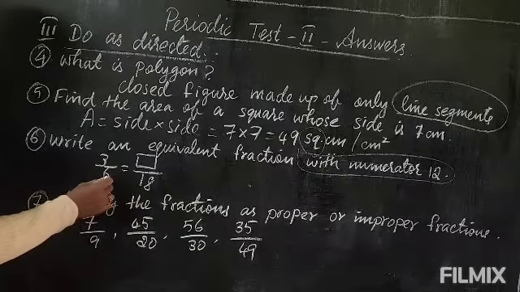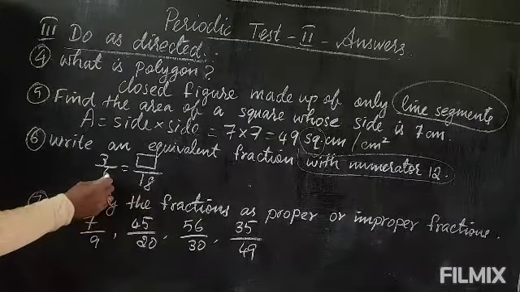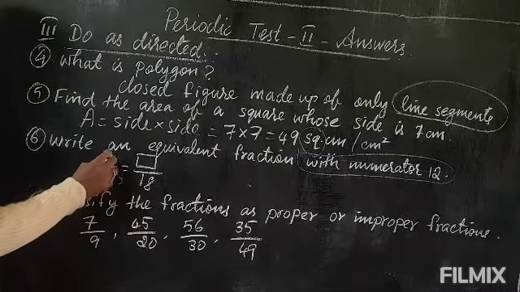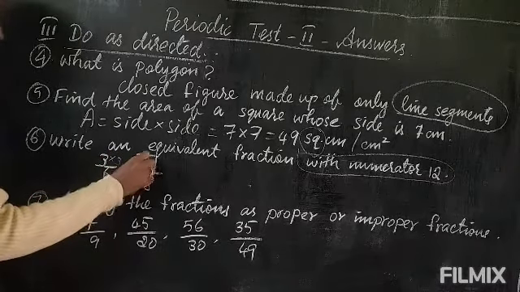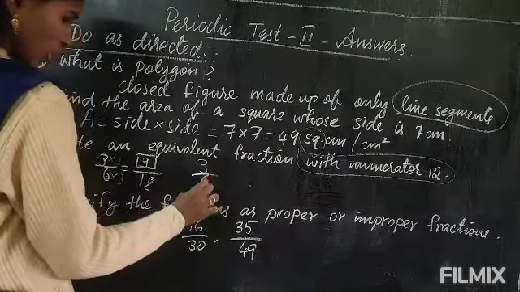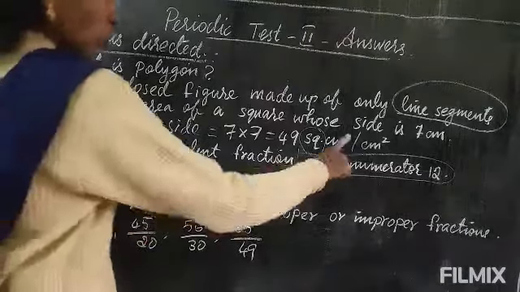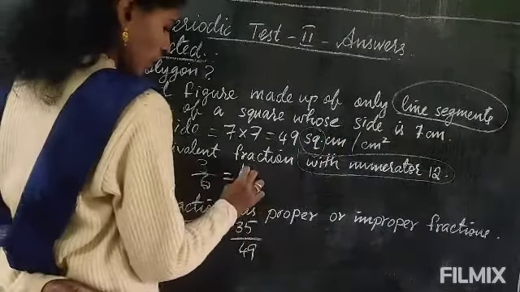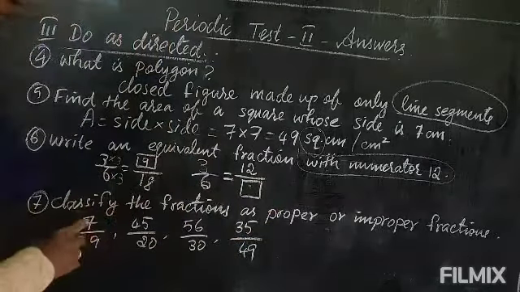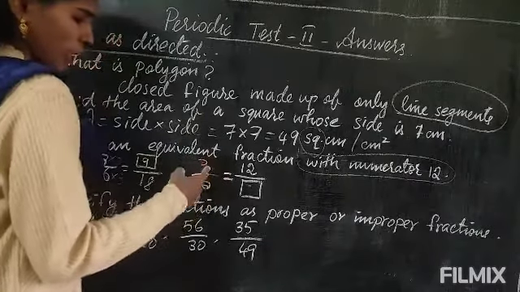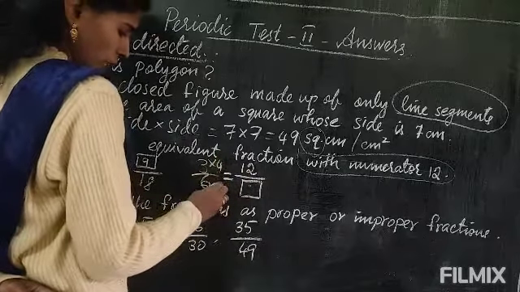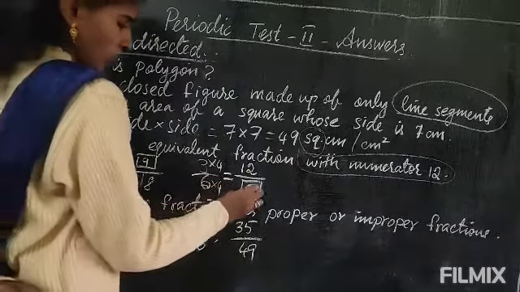So to find that, by which number do you multiply 6 to get 18? That is 3. 6 3s are 18. So by the same number you have to multiply the numerator. So 3 3s are 9. So in this box 9 will come. Now let's come to this. The fraction is 3 by 6, there is no change, only here is the change. Here with numerator 12, so in the numerator there will be 12. So you have to find the denominator. Now you will find it from the numerator. By which number do you multiply 3 to get 12? That is 4. 3 4s are 12. By the same number you will multiply here. 6 4s are 24.